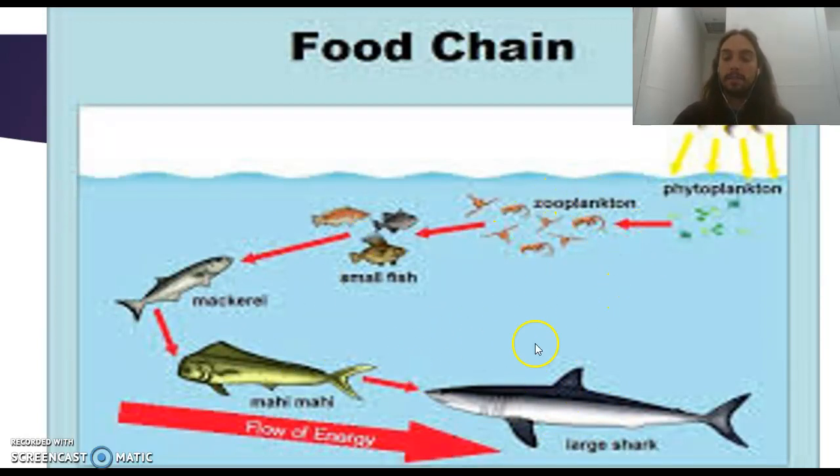It's kind of a positive feedback loop where it becomes unstable. So just think about that as well. If you take out the phytoplankton, the whole system dies. So, you know, it's just things to think about. You can take one of these out and the whole system gets screwed up.